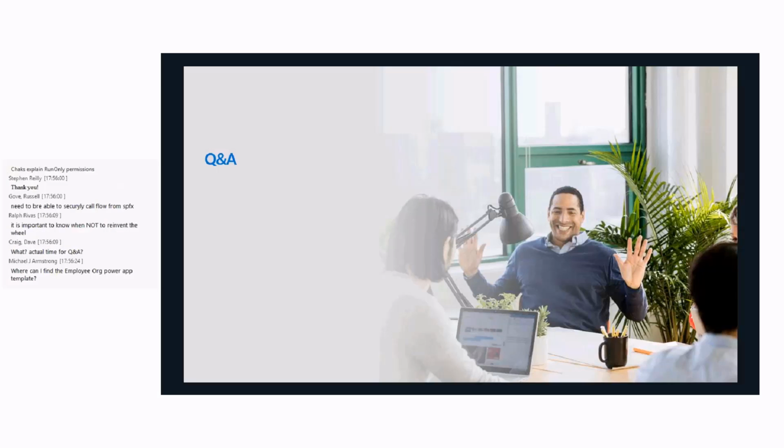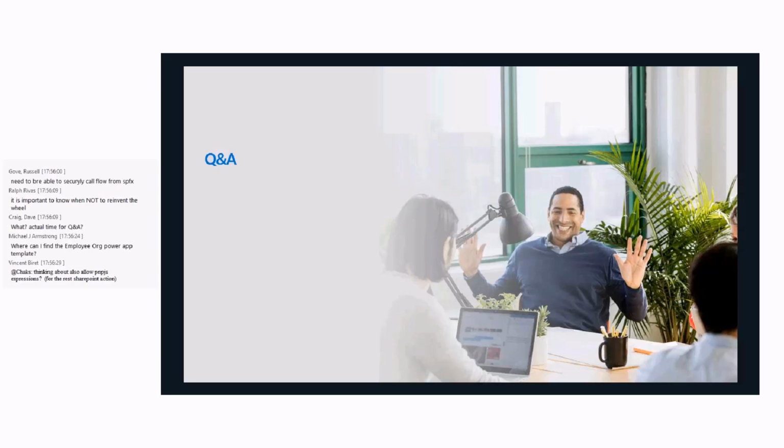So for flows that you create when an item is selected or when a file is selected, meaning the demo that you saw of Create Research Project, where I selected a project and then clicked on the Flow menu, and then it said Create Research Project. Those kinds of flows are called manual trigger flows. And for that flow, if you go to the Flow portal as an owner of that flow, you will see